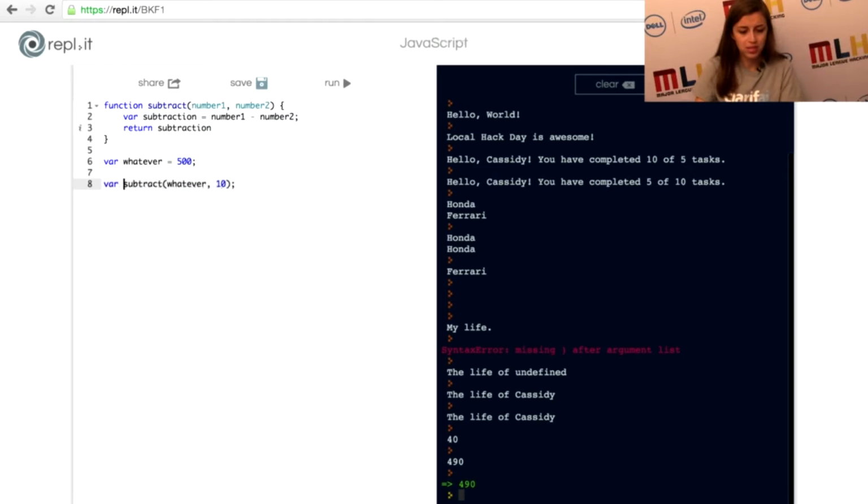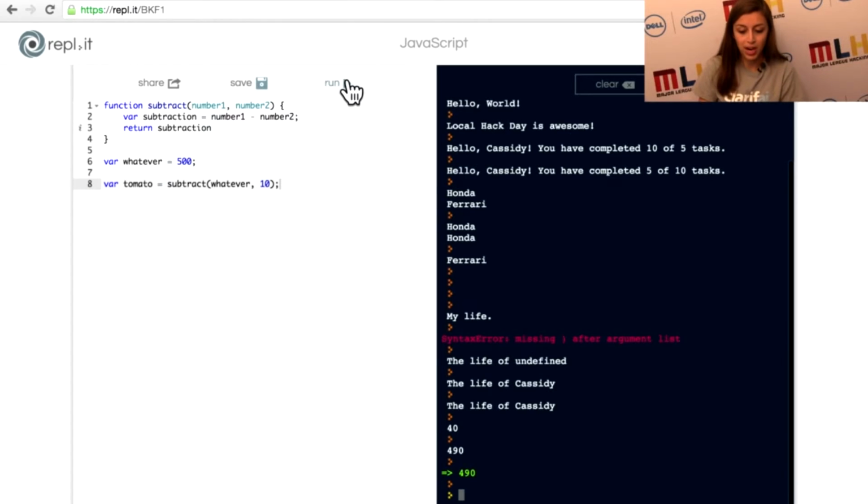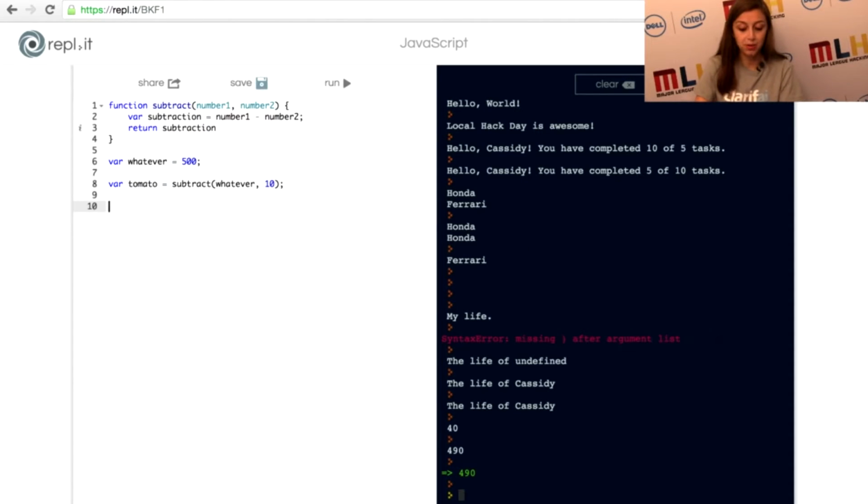So what I can do is do var tomato. I really need to come up with better variable names. That's okay. So I can do var tomato equals subtract. Now if you'll notice, it's not being sent into the ether anymore. It's being contained in this beautiful ripe tomato. So later, if I want to choose to print out tomato, I can do